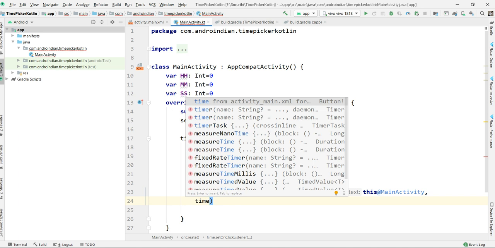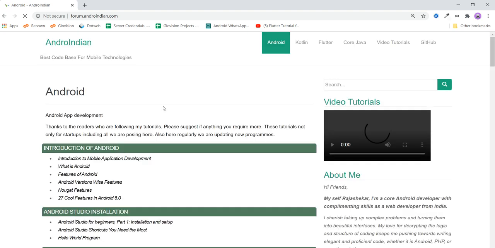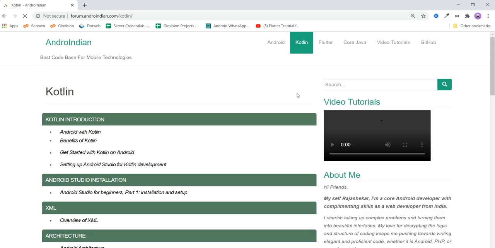Why is it not generating this listener here? Just a minute, I already have that. In my website that program is already available, but here it's not showing.